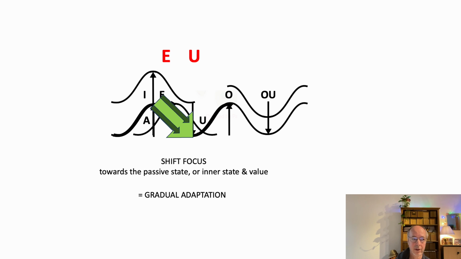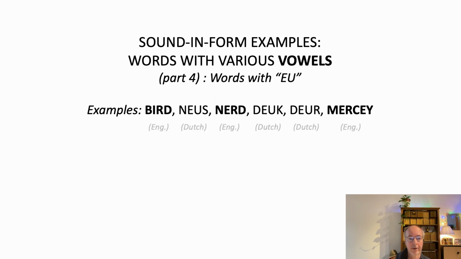So it's not just in one moment, but you need a change over a short time, or a certain time. The examples again, which I will explain, are bird, English, NEUS, Dutch, nerd, English,